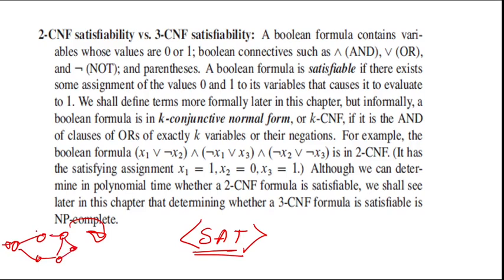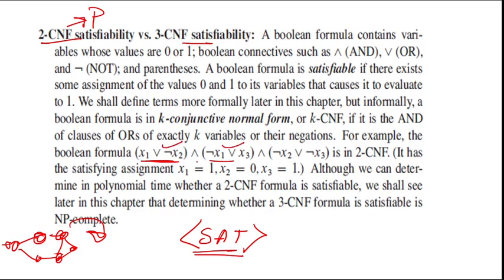I can do. Just that these will be gates and all, and then connections can be checked. So when I say graph to circuit, and then I say 2 CNF satisfiability and 3 CNF satisfiability. 2 CNF satisfiability is a P problem. Meaning is that when you have these clauses, this is called conjunctive normal form. When you have these clauses, you have only two literals here.